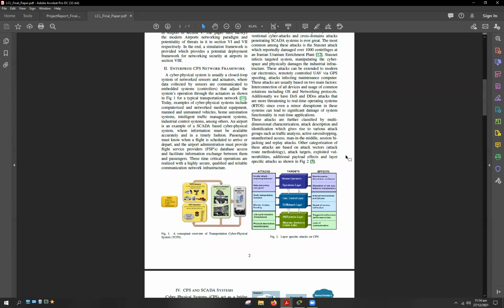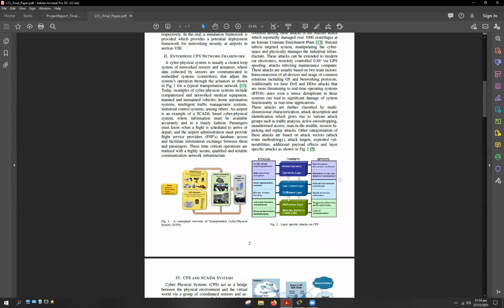Then these attacks usually take place at the layer level. So as this figure 2 right here shows, it can either occur due to the human operator, such as exchange of information using hard disks or devices such as USB or SSDs or other devices like that, or it can occur at different layers using worms and viruses, or flooding or denial of service and other such potential harm that can be caused in these systems, right?